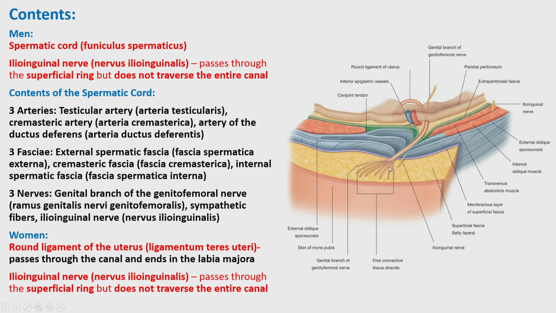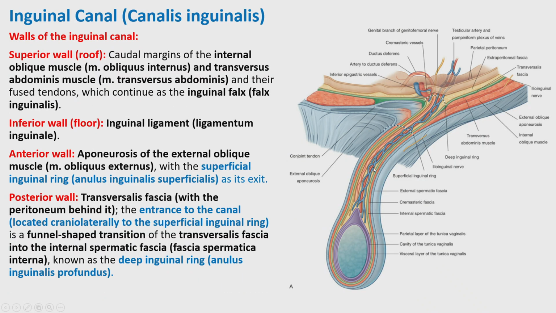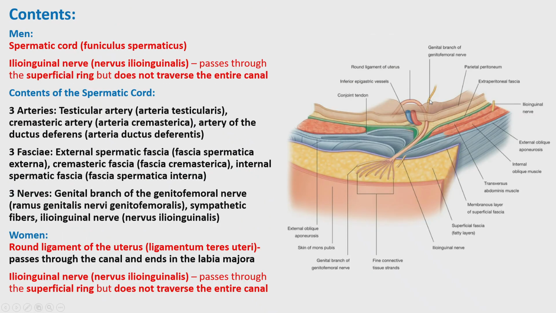And remember that in this spermatic cord, in the chapter of the genitals, we have the contents of the spermatic cord. We have arteries: the testicular artery, the main one, the artery of the ductus deferens, and the artery of the cremaster; three fasciae and the cremaster muscle; nerves, the genitofemoral nerve, which is innervating the cremaster, and sympathetic nerves and the ilioinguinal nerve. They are passing here together with the